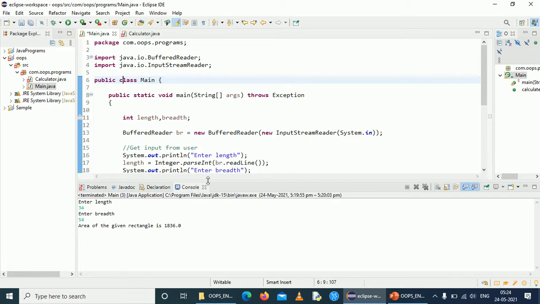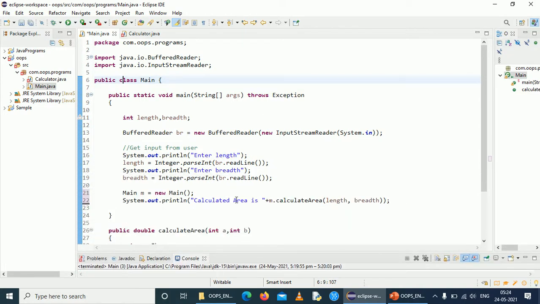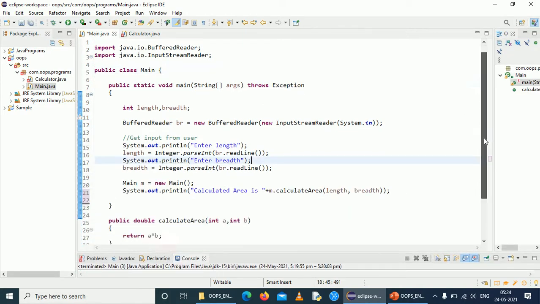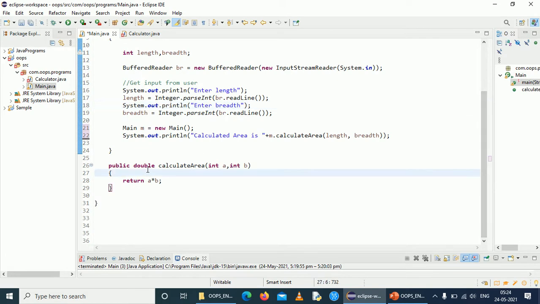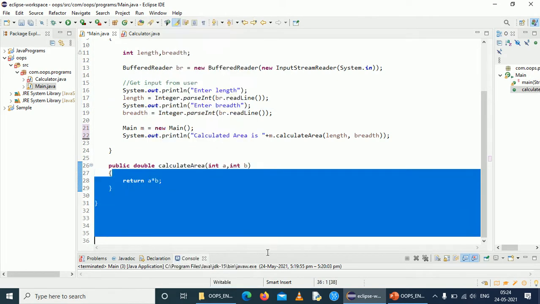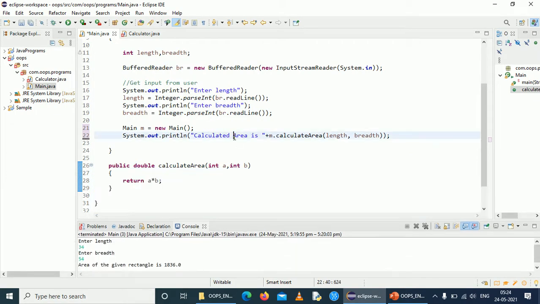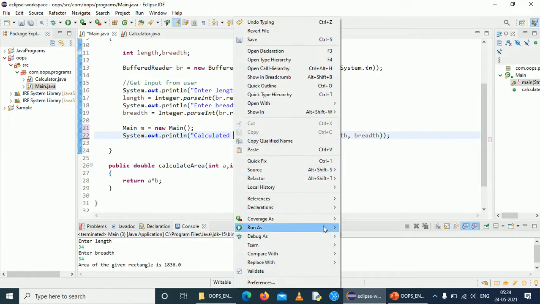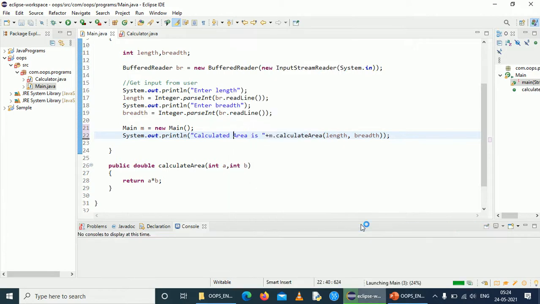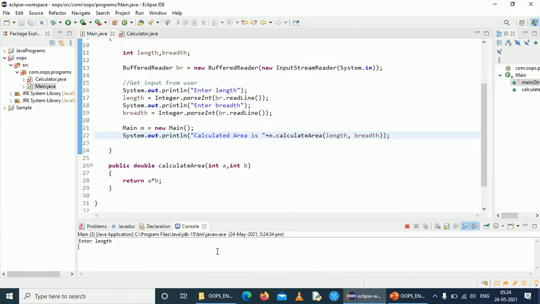The program is as simple as that. We will run and check the output of this program. Again, we will be prompted to enter length and breadth, and the calculated area of the rectangle is 2000.